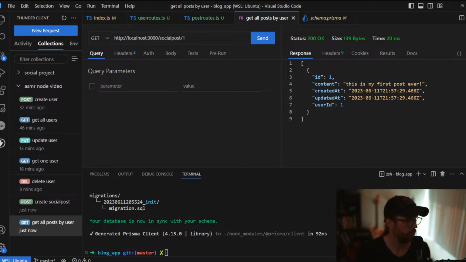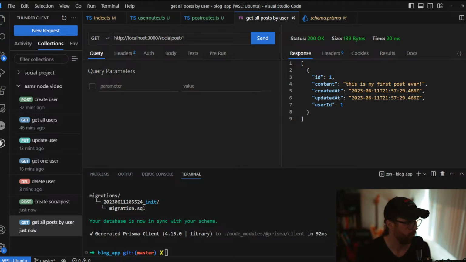Find unique. So how did we get? Looking through this, because before we just got like all. But